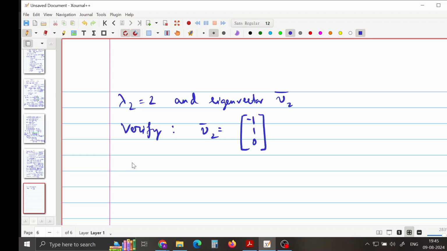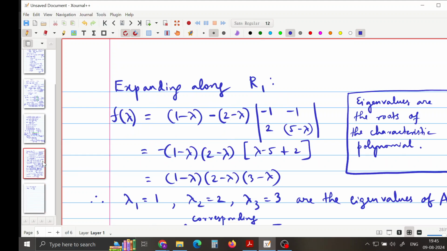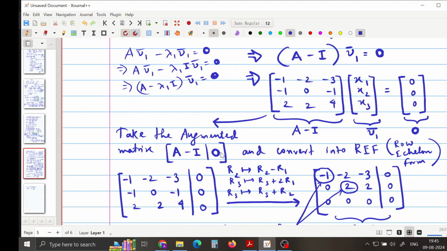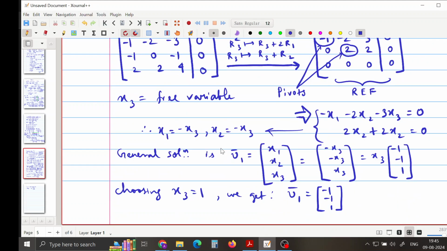Okay, we can choose any free variable. Sorry, your voice is breaking. Free variable, any value we can choose, right? Where? Except 0, because as I said,